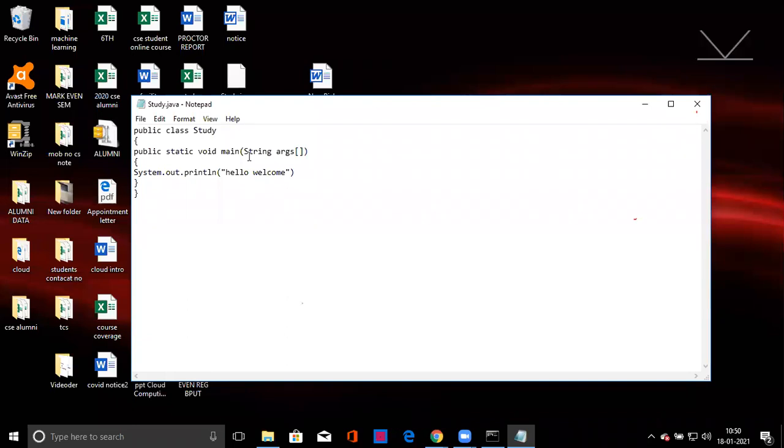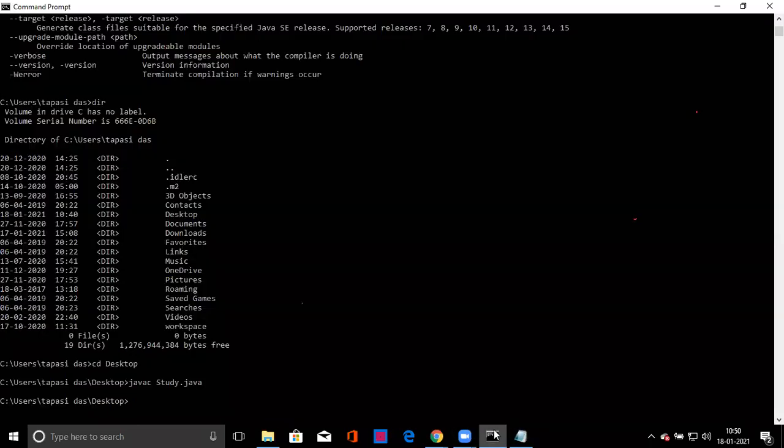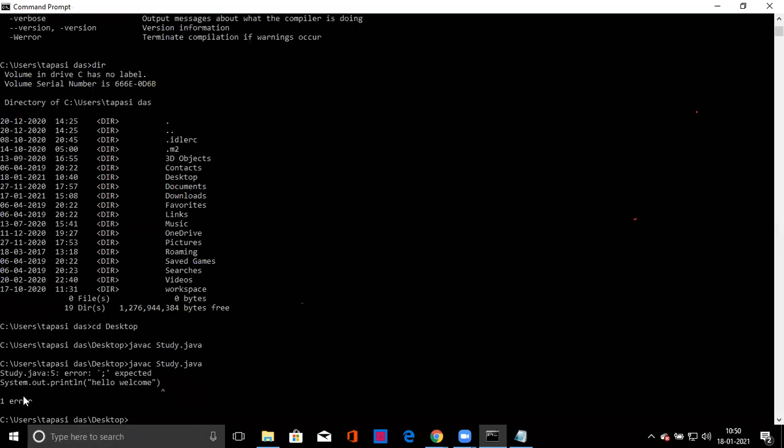And if this semicolon is missing, and saving the file, what will it display in the compiler? See, again I am compiling the same thing. That is javac Study.java. Look, so here one error, semicolon is expected, showing you error.